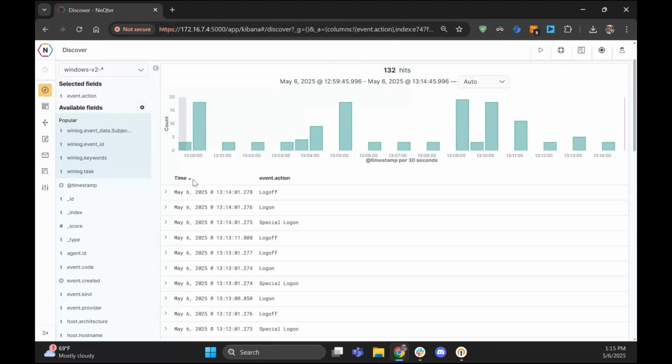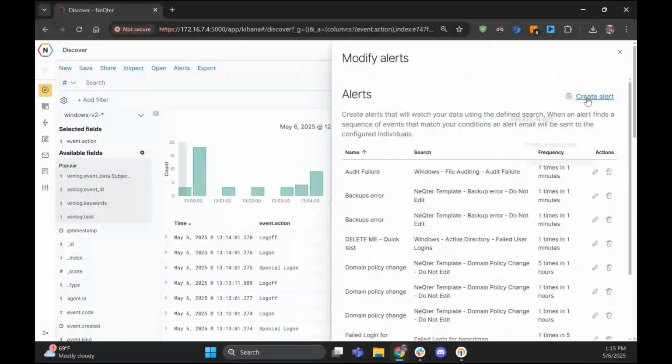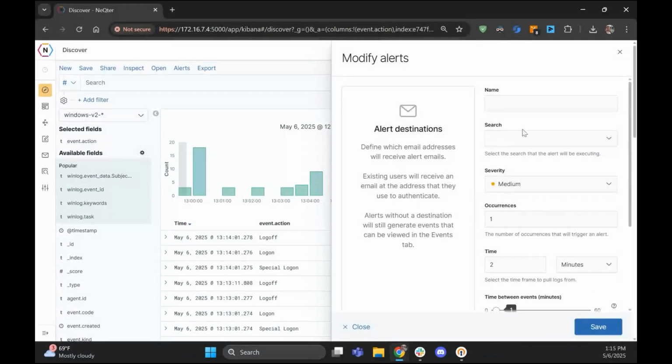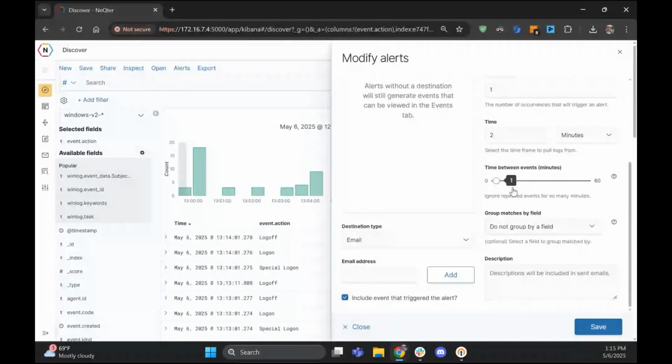So now we have a little bit more structure where we have time and event action. So if I go to alerts and create an alert from a saved search, and I select something, I'm going to want to,